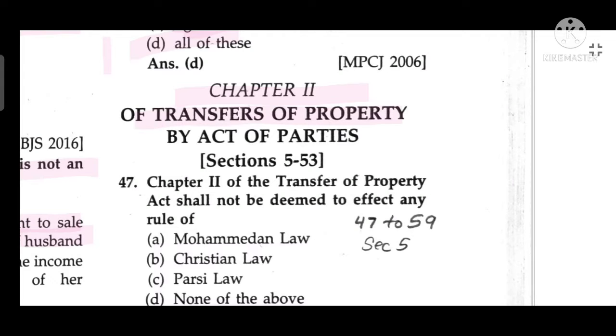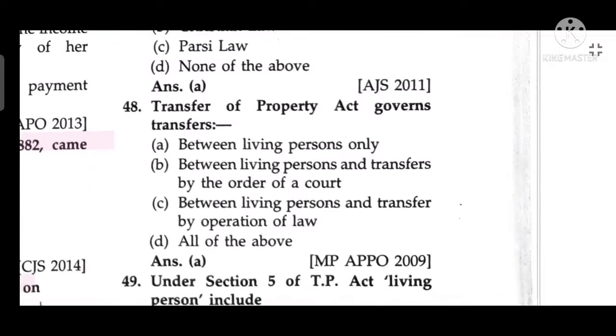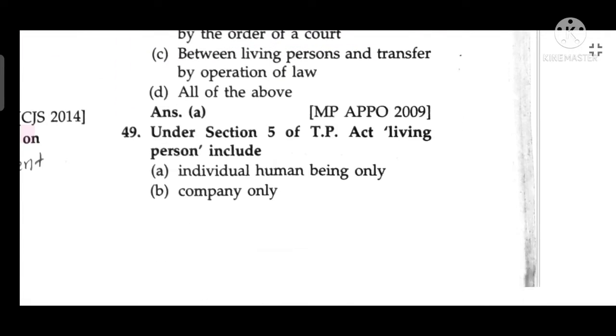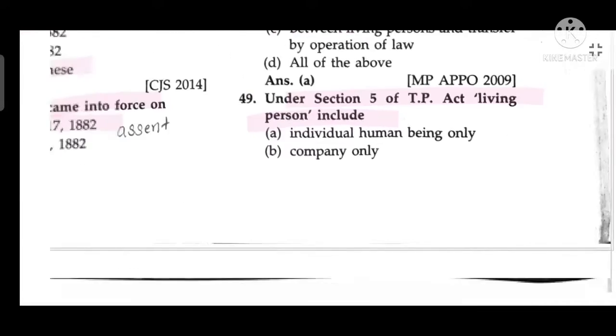Chapter 2, Transfer of Property by Act of Party, Sections 5 to 53. Chapter 2 of the Transfer of Property Act shall not be deemed to affect any rule of Mohammedan law. The Transfer of Property Act governs transfer between the parties only. Under Section 5 of the TP Act, the person includes